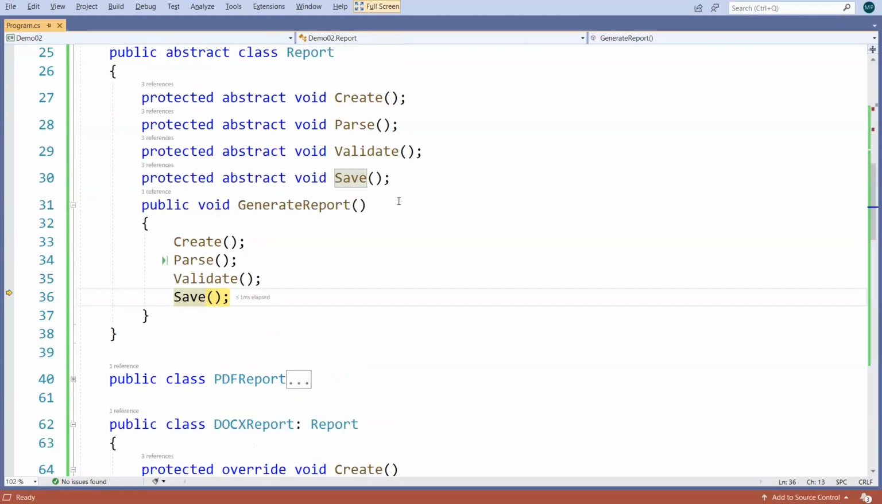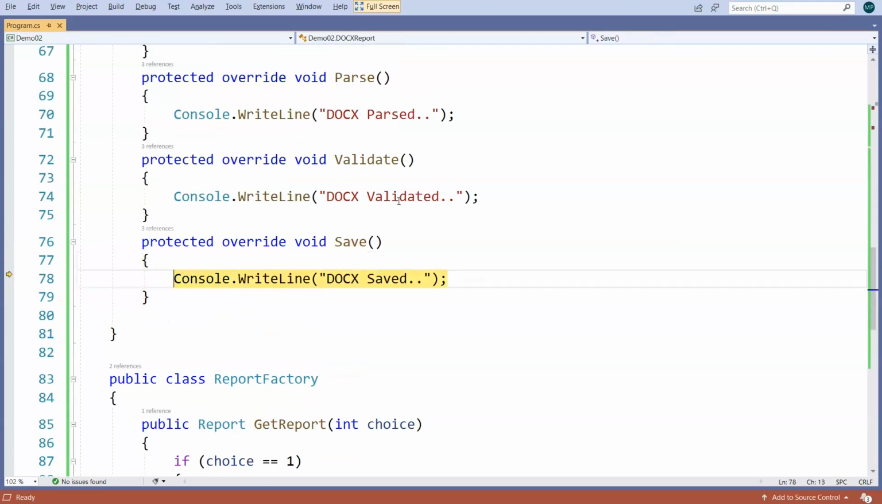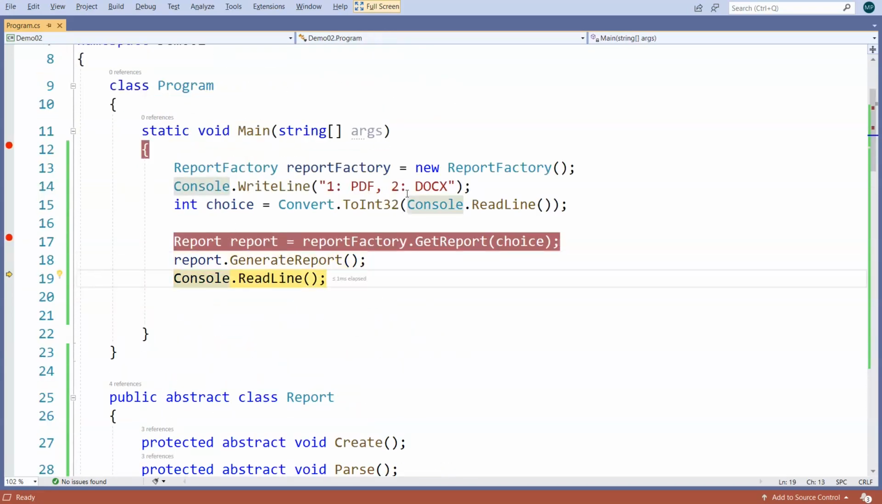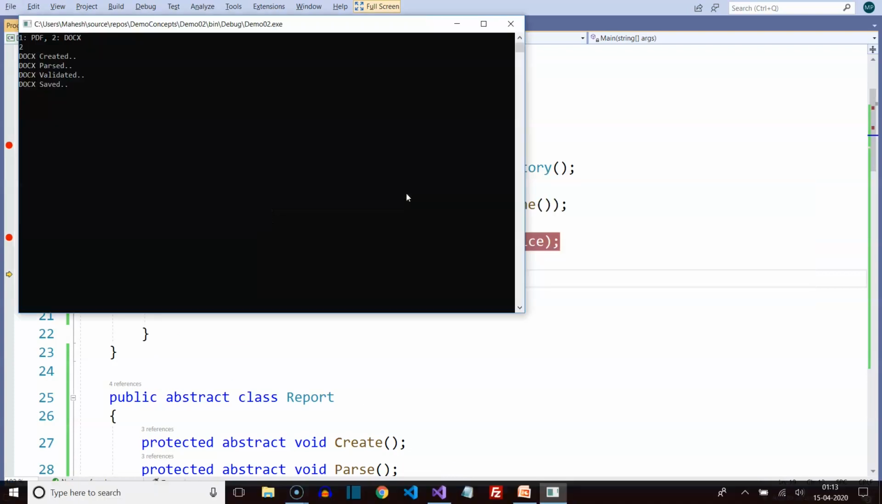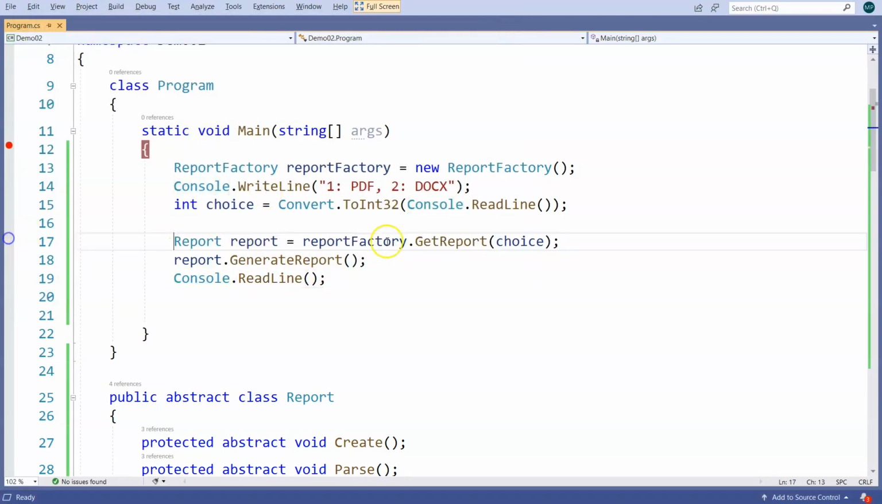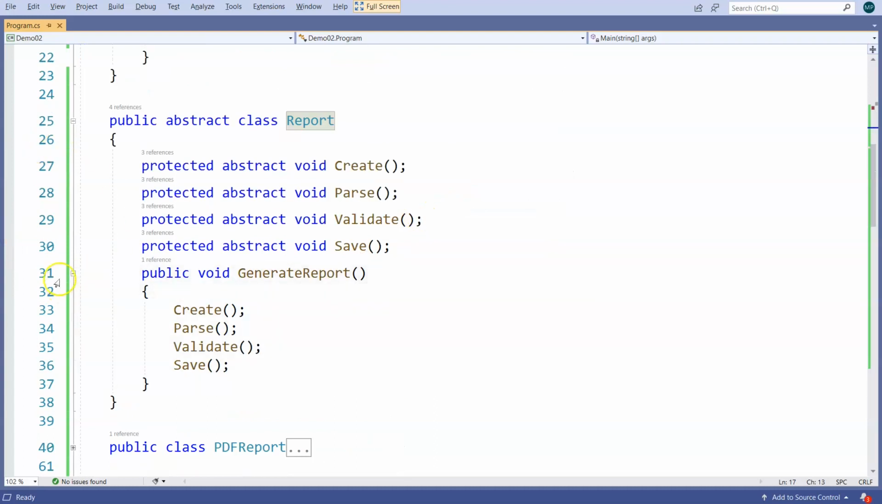Let me maximize this. See, I'm in report. Save gets called. Docx save is what is going to get called now. And then ultimately everything terminates, and it puts up on the screen: docx is created, parsed, validated, and saved. So it's very simple to define functionality like this, where base defines which method gets called and in which